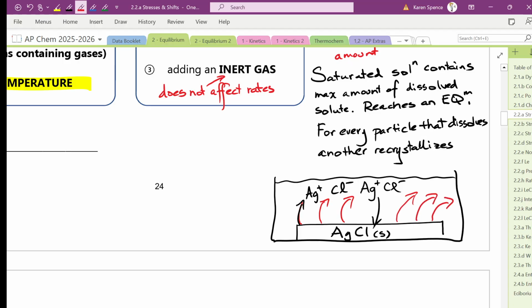So do we agree that the rate of dissolving has been increased by having a larger surface? We can also recrystallize here and here and here and here and here and here. So do we agree that we've also increased the rate? If we have a large surface, we have a faster rate of recrystallization because they're occurring at the same site.